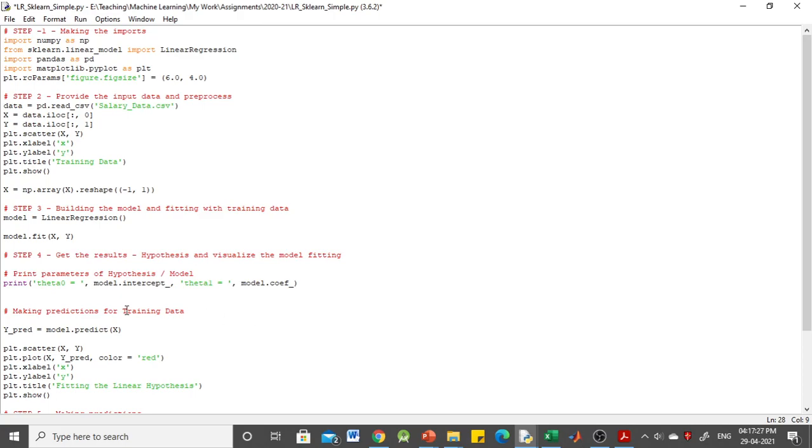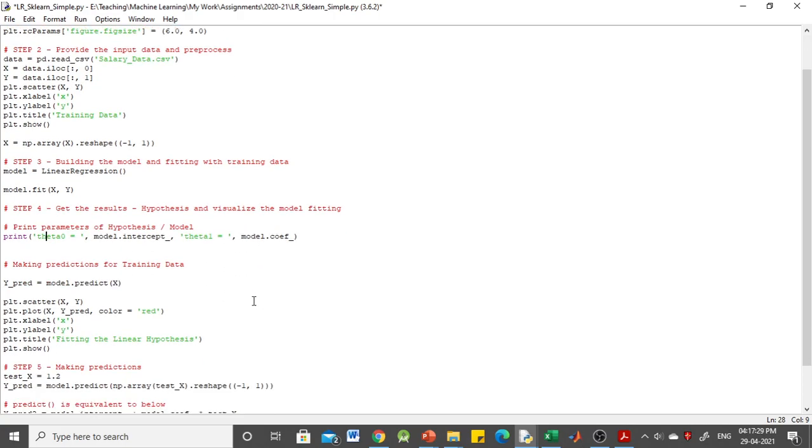Okay. Once we have got the result, once we have got the hypothesis, we are going to visualize the fitting. Here we first make the prediction with the training data. For whatever our training data x is, we get the prediction, which is stored in y predict.